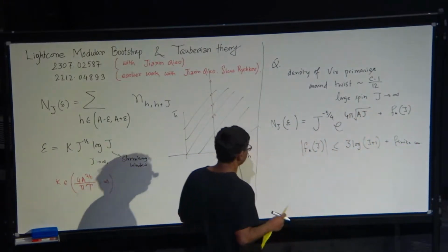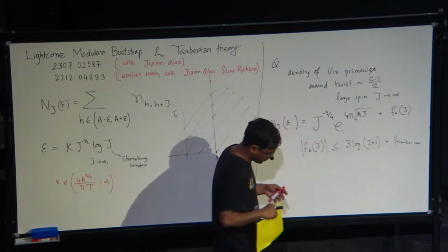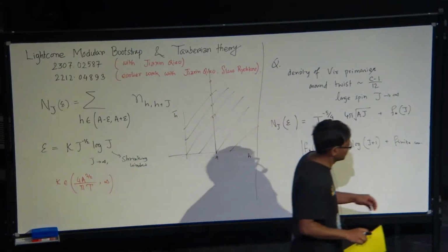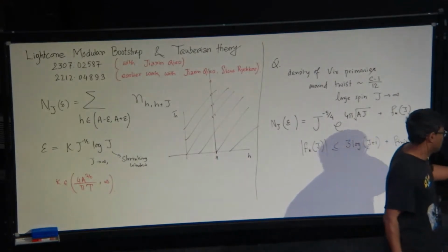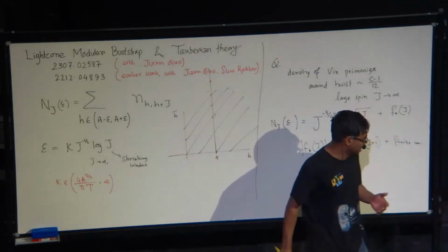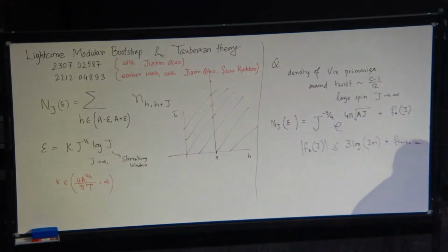The important point here is that earlier, whenever we derived some precise form of the Cardy formula for large delta or fixed spin large delta, most of the time we were restricted to the scenario where delta is some order 1 number. For example, if you look at this inequality and the lower bound, you will see that if delta is less than half, then the lower bound is kind of meaningless because it's a negative number, so it doesn't say much.